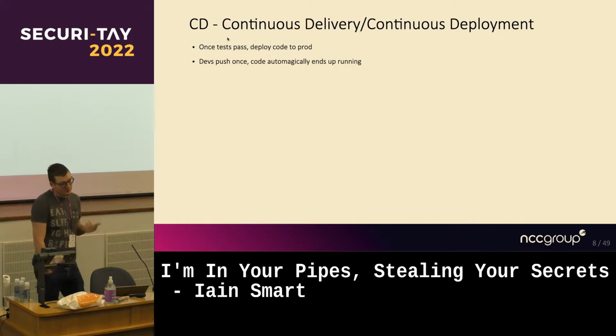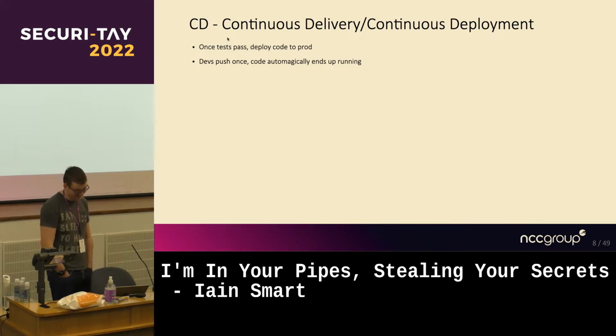And because this is programmatic, you can get much faster migrations. So in theory, if you've got a good enough test suite, I can write some code and say, right, I've made these changes. I'm going to say git commit, git push, and then suddenly my code is running in production with a relatively good degree of confidence that it's not going to be completely broken. In theory, doesn't always work.